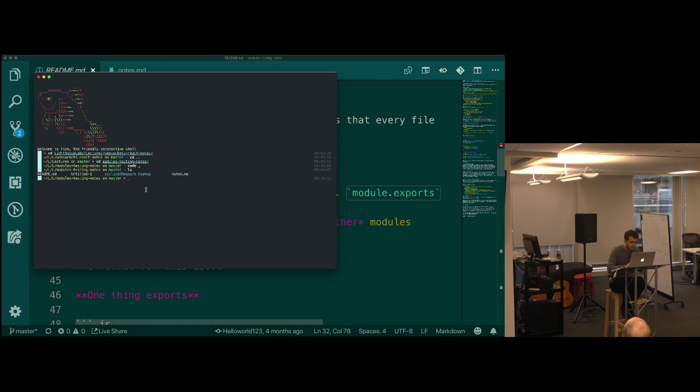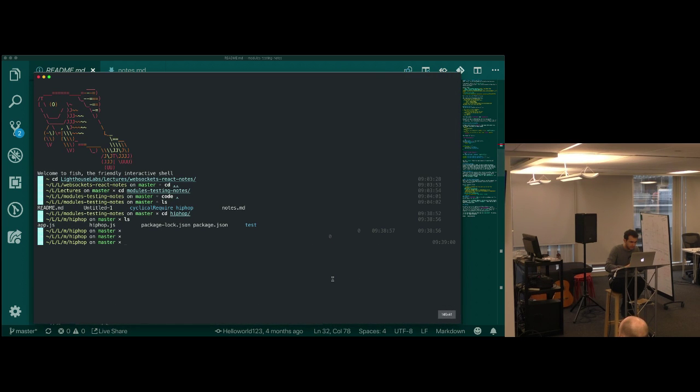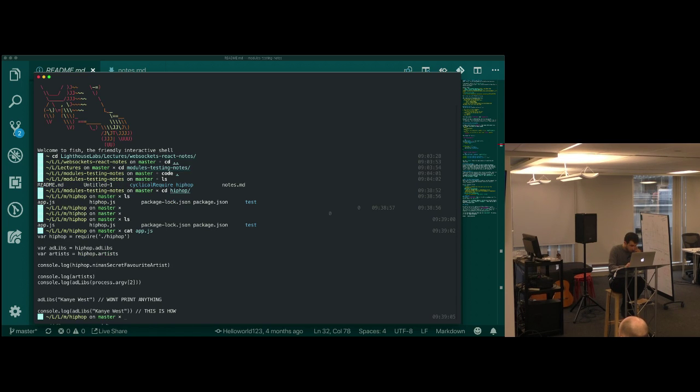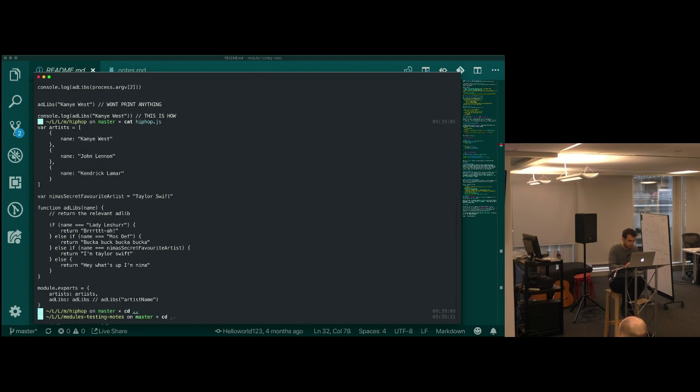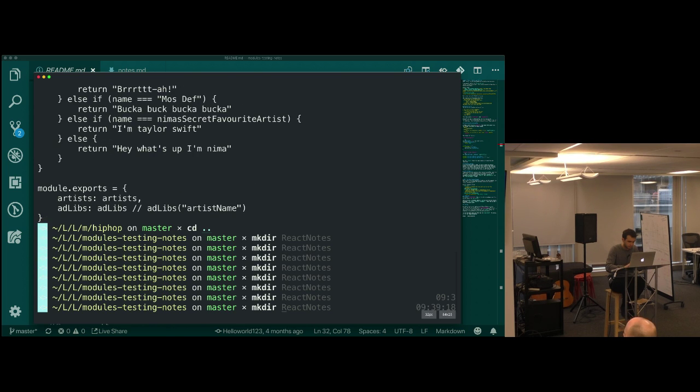So let me just make Oh, yeah, yeah. I'm going to get into the right folder so I can build some stuff. Yes. Cool. All right. So I'm going to make a quick new folder where I can show you a couple things. So module. Oh, sick. Do I have? No. Yeah.